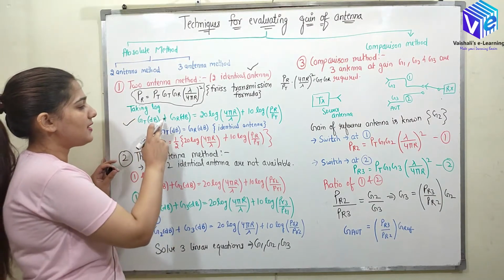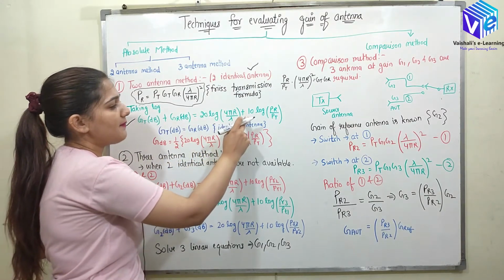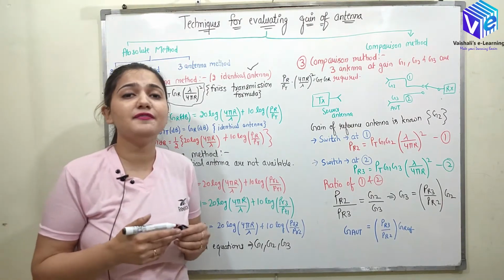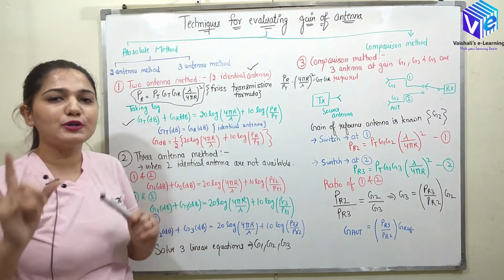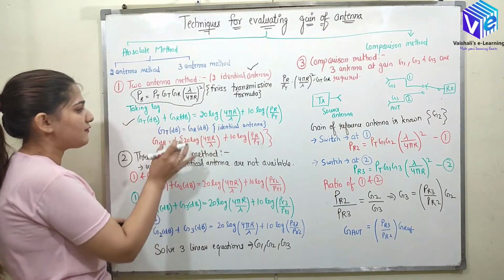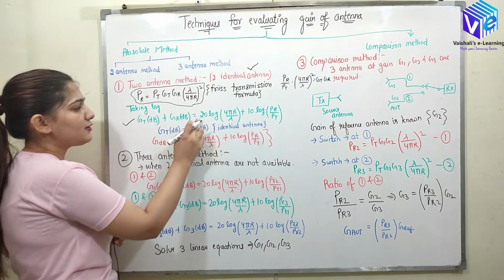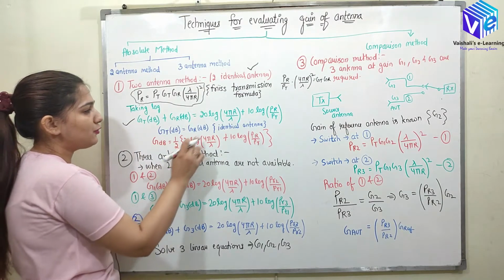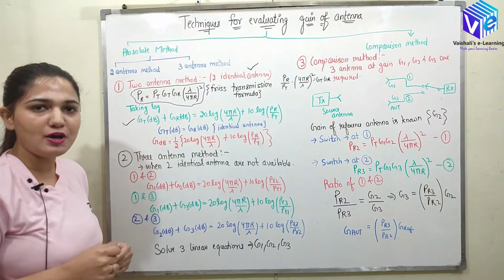So GT in dB plus GR in dB is equal to 20 log 4 pi R upon lambda plus 10 log PR upon PT. Now I told you that we have two antennas which are identical. So now GT would be equal to GR, even in dB they are equal to each other. So here I will have 2 into G in dB, equal to this. So if I want to find the gain, it will be 1 by 2 of this thing, which is 20 log 4 pi R upon lambda plus 10 log PR upon PT.